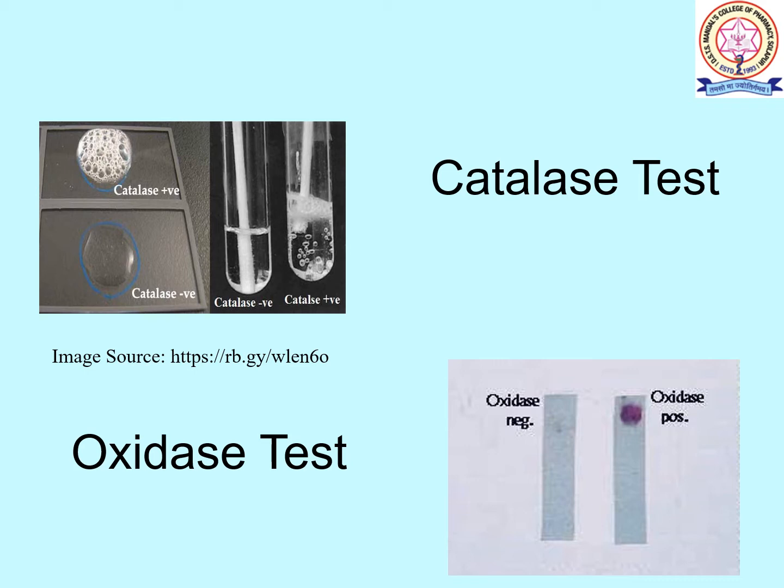For the catalase test, we have to take 1 to 2 ml of hydrogen peroxide, which will be poured into the test tube containing the solution of the bacteria. Then we can use a wooden stick or a glass rod to take several colonies of the organism, and these will be immersed into the hydrogen peroxide solution, and immediate bubbling will be observed. This method is called the tube method.